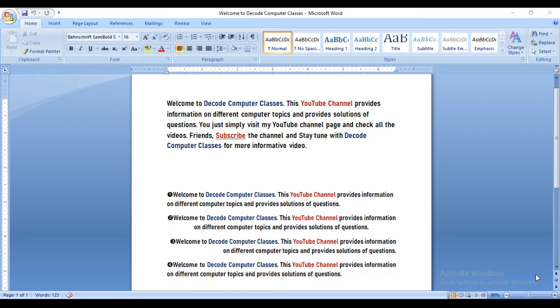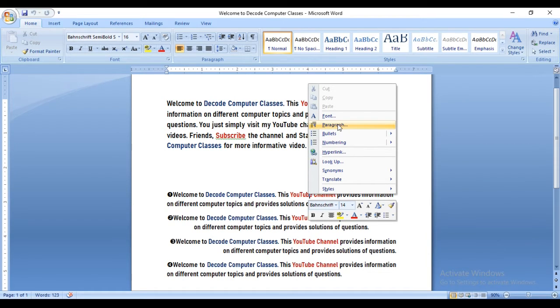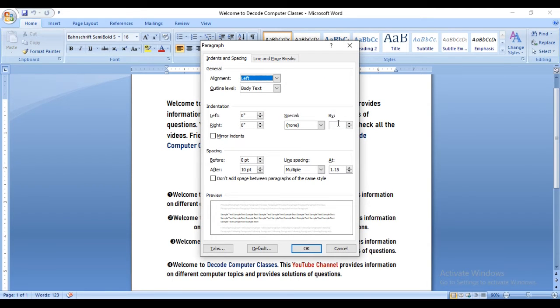Now, here in the paragraph, let's see how to apply changes in a paragraph. It means paragraph settings: how we can check the paragraph settings and also change them. So let's see, I am showing you here. This is a paragraph, you can easily see here. And if I right click here, you see the paragraph option in this menu. If you click on this paragraph, you see a paragraph dialog box.